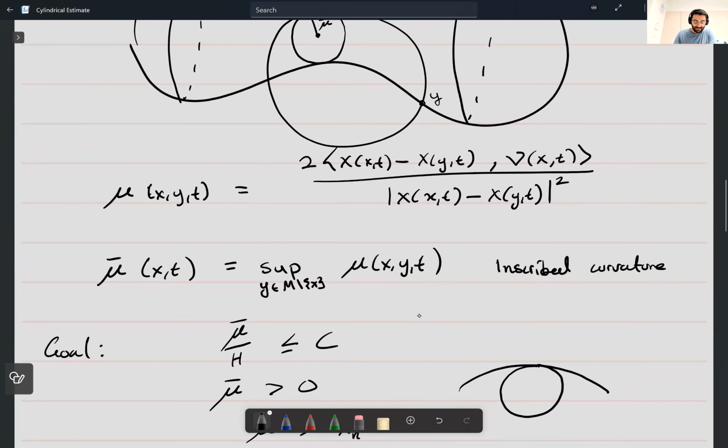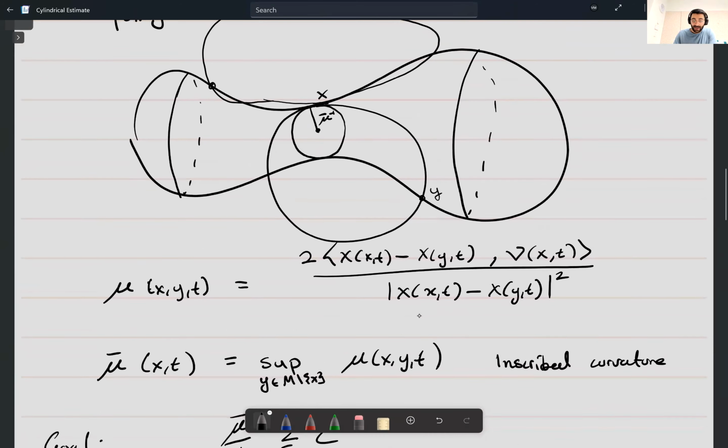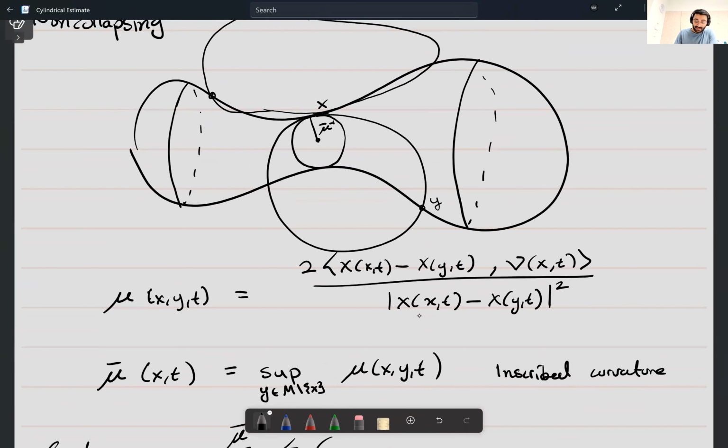So maybe that's not quite right, but as it turns out, if I take a limit as x approaches y, then this quantity